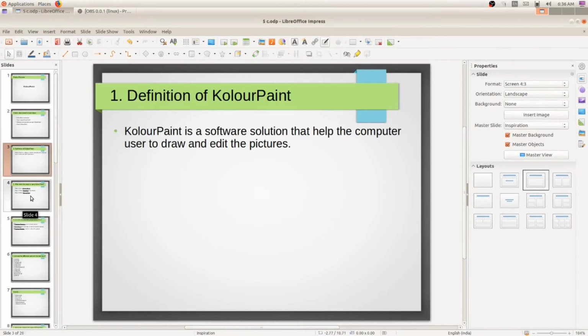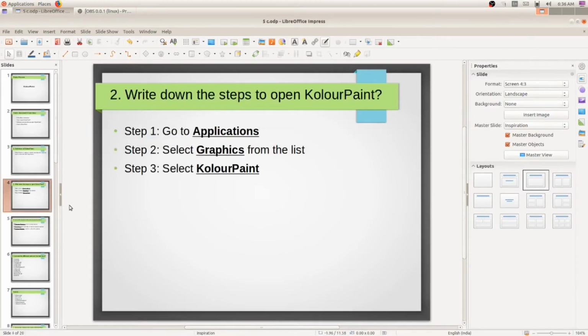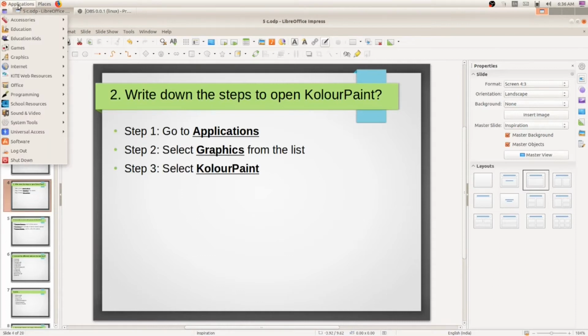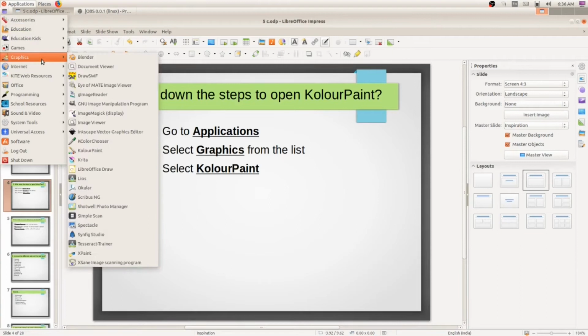Now, the second question. Write down the steps to open the application color paint. There are 3 steps. First, you have to go to applications at the top left corner. Second, you have to go to graphics, and finally you have to click on color paint.